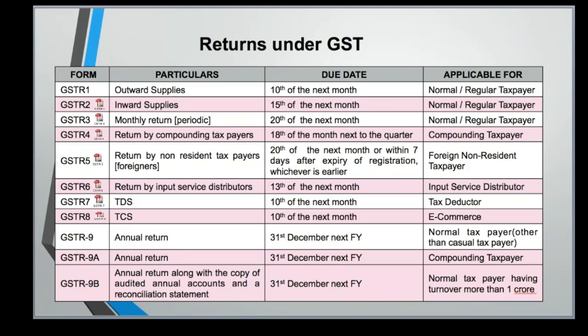No question of revision of return. Rectification can be done in subsequent returns up till the period of filing the September month return of the next financial year. Invoice level detail to be given for all registered supplies. For B2C supplies, only the consolidated details to be given. Invoice wise only for transactions more than 2.5 lakhs and interstate.